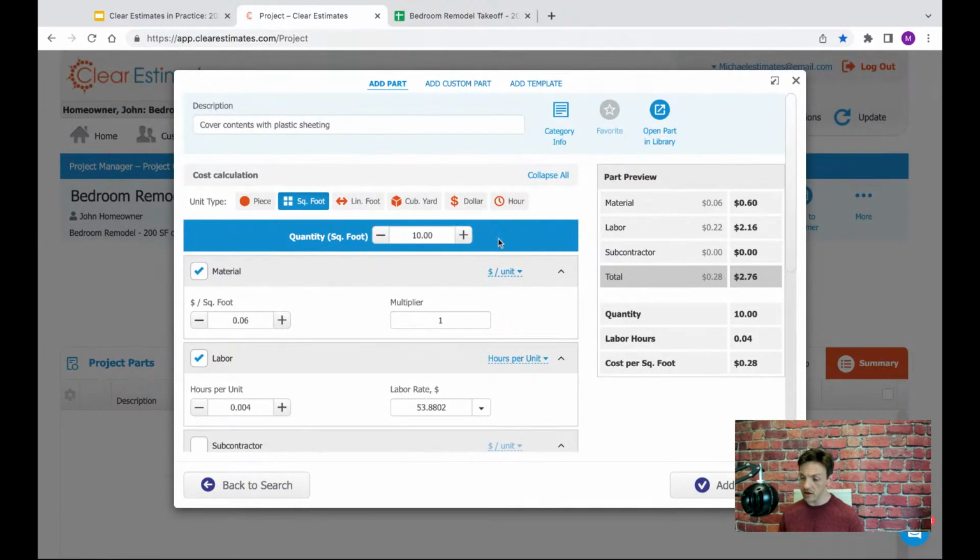And what that's going to do is it's going to price out the part using those costs from my area. So again, these are pre-markup, pre-tax. These are just the costs to me. So over here, we're seeing 60 cents for material. So it's just a very small amount of sheeting we're putting down. And just a very small amount of labor cost here, $2.16, just for someone throwing that sheet down into the